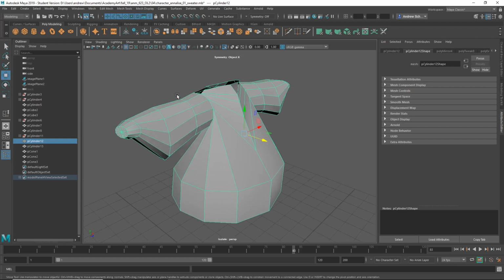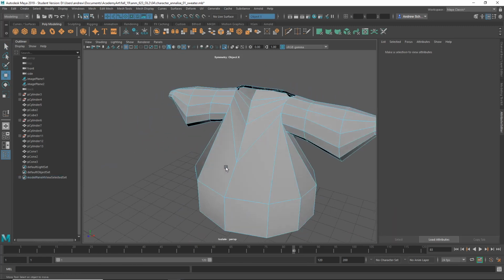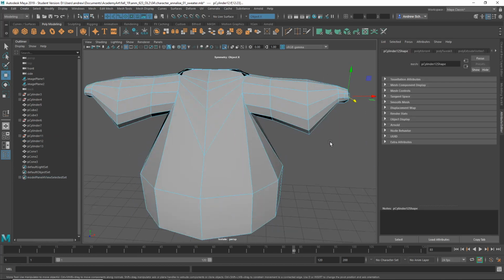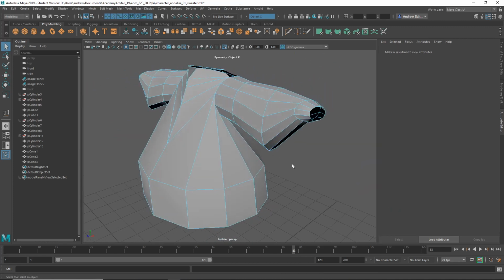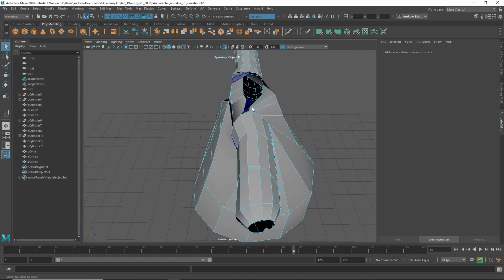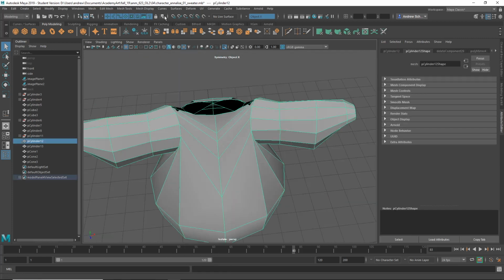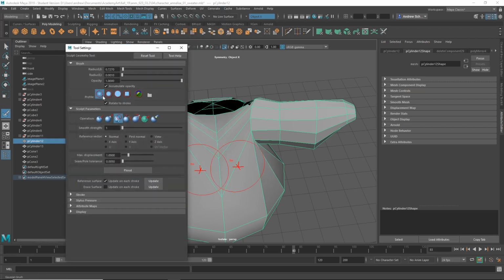Just holding down W and going to symmetry with the left mouse. And I think you need to delete these faces off the end and open that up. This got a little messy here. I'm not sure what happened, but I might try to open that up by going to Surfaces, Sculpt, Geometry Tool, Options. Use the soft brush, this smooth, and then